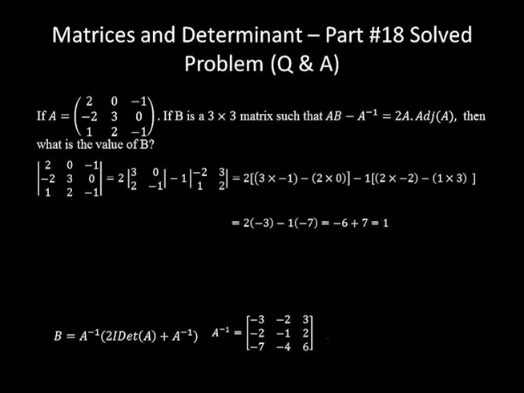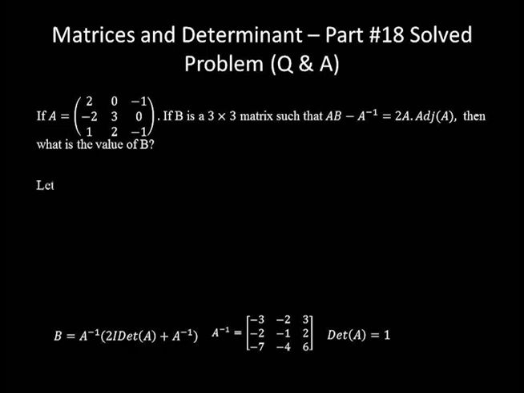Thus, determinant of matrix A equal to 1. Now, we can solve the expression inside the bracket because we already know A inverse and determinant of A. For ease of explaining it, let's designate the expression inside the bracket by matrix C. That's matrix C equal to 2 times identity matrix times determinant of A plus A inverse, which is equal to